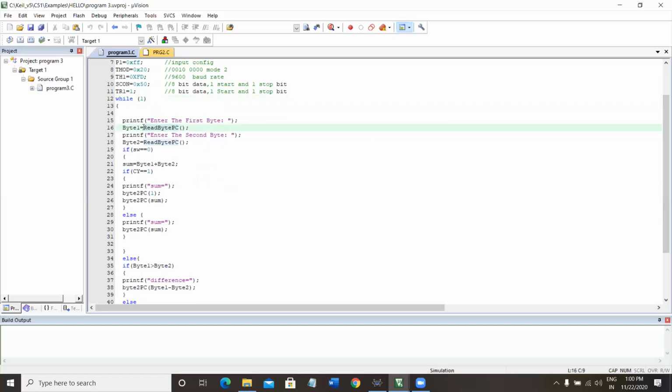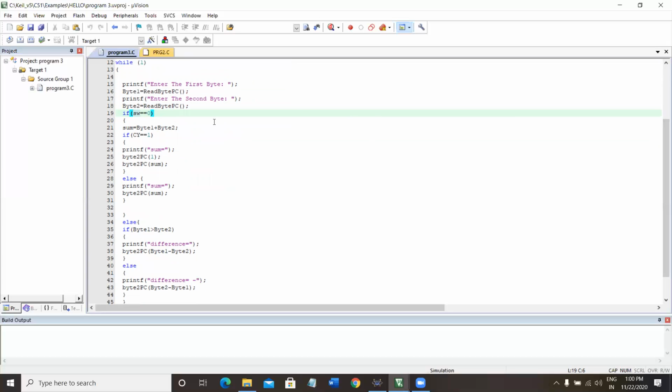First we are receiving the two values from the user and storing them to byte1 and byte2 respectively, and then we are checking the condition of the switch, whether the switch is at 0 or at 1. If the switch is at 0, it will directly perform the addition operation. If the switch is at 1, it will perform the subtraction operation. So if the switch is at 0, we are entering the loop and we are adding the two values of byte1, byte2